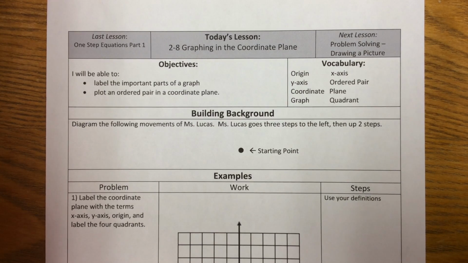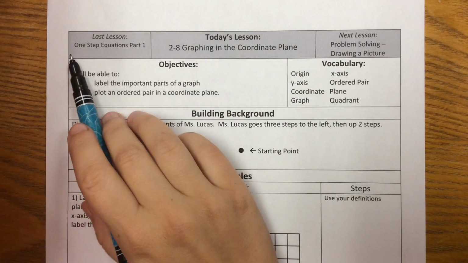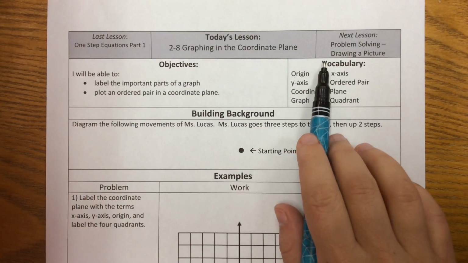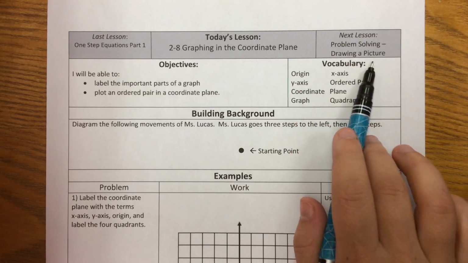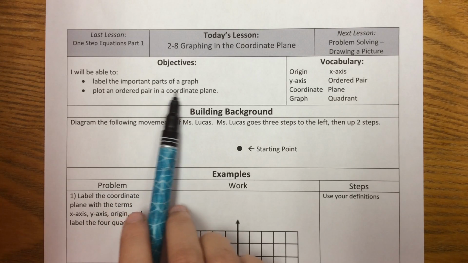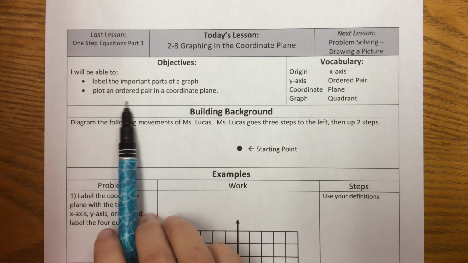All right, welcome to 2-8, graphing in the coordinate plane. We just finished one-step equations. This one's kind of different than the others. Last lesson is problem solving, drawing a picture. Okay, so we're going to be able to label the important parts of a graph and plot an ordered pair